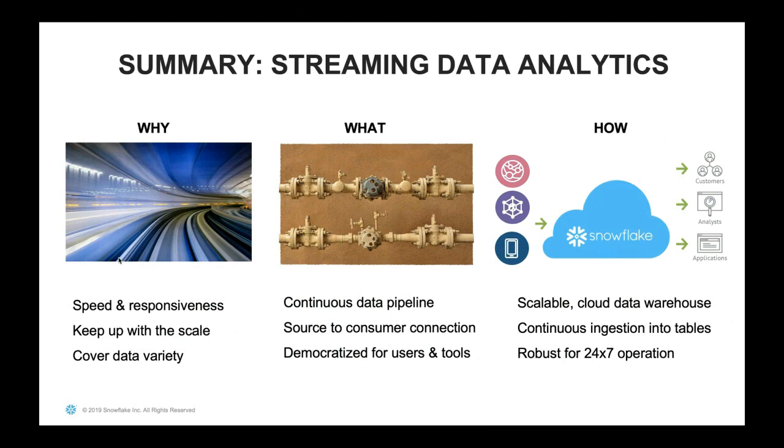And Snowflake as a cloud data warehouse is highly scalable from a storage and compute perspective and gives you a lot of flexibility in the number of users that you can concurrently point to Snowflake. Combined with the continuous ingestion into tables, it gives you a really strong platform to build your data pipelines and your data warehousing